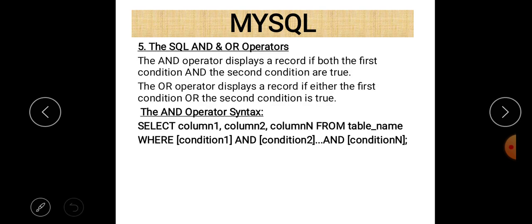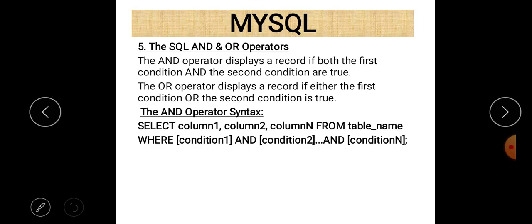Next is the AND and OR operator. So sometimes there are more than 2 conditions, and you want to show the records according to those conditions. So the conditions can be separated by 2 operators: AND operator and OR operator.